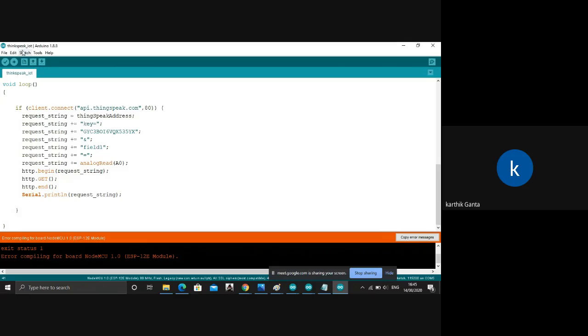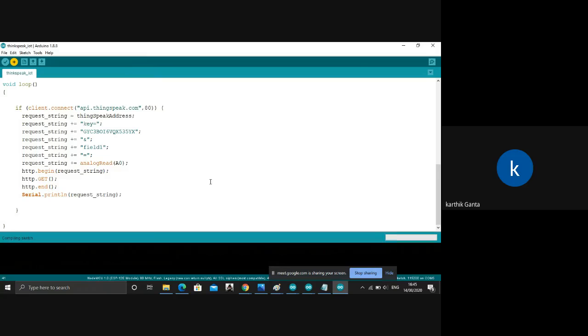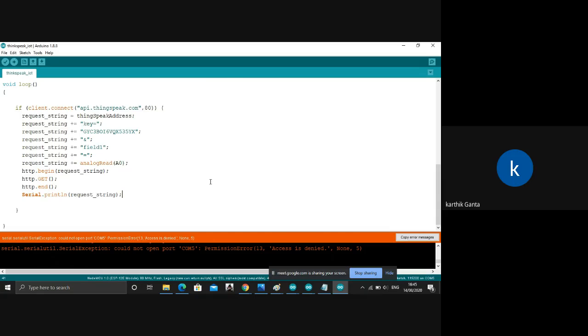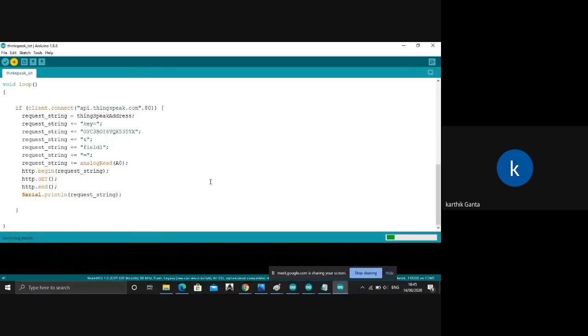It is because of an impedance match issue. Port issue. Serial monitor. Guys, anyone have any questions? Just post them by the time it gets uploaded. My cable is a bit bad because I'm running it too long. It will get uploaded.